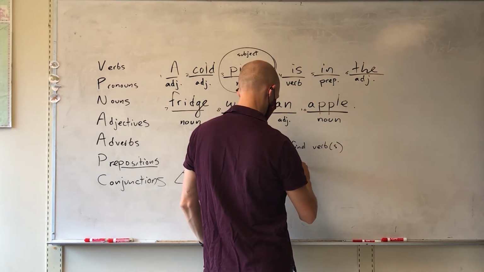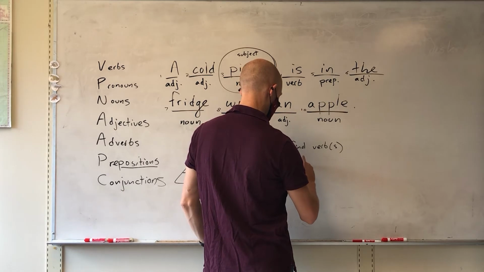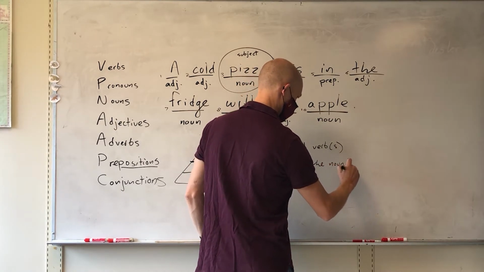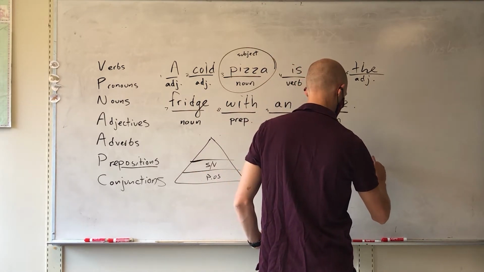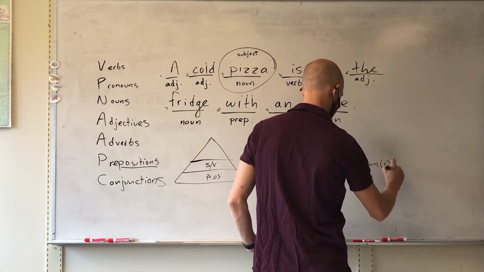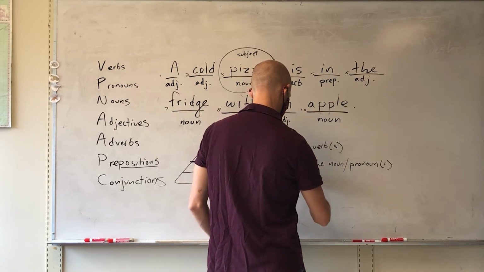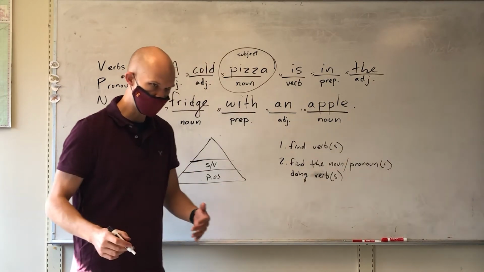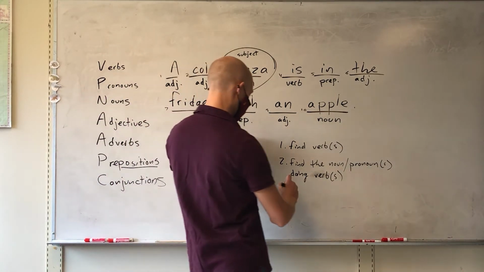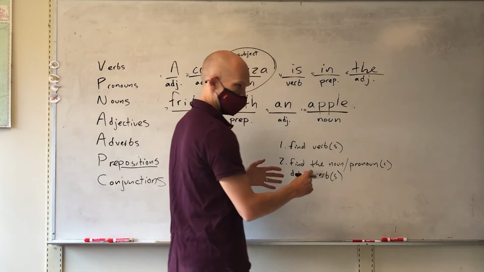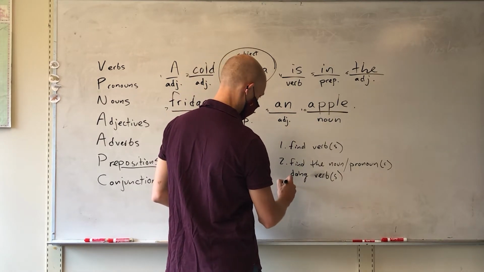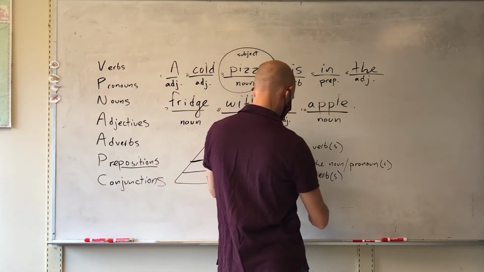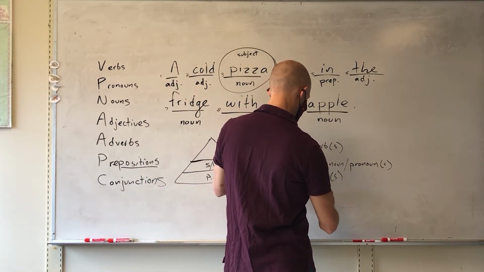Step two, find the noun or pronoun doing that verb. Okay, but then if it's confusing, if it doesn't quite make sense, I should probably make a flow chart instead of a numbered list here, but kind of your optional step 3 is to remove